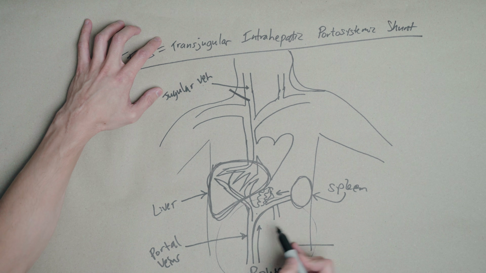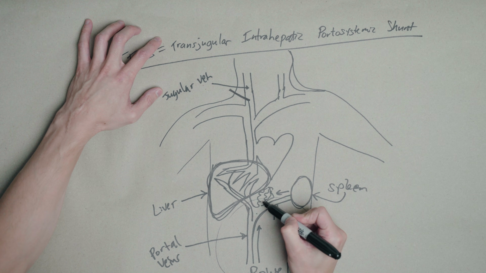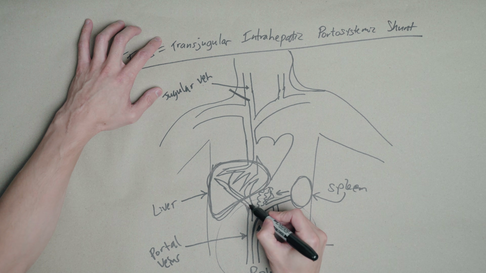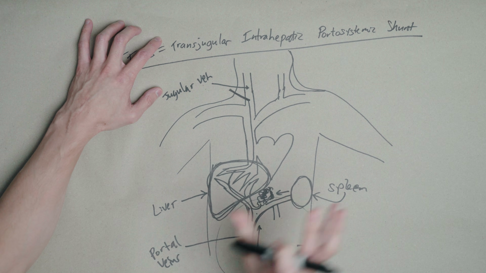Once we get our wire down, we'll then inject some contrast and we'll see that there's probably going to be some varices here or dilated varicose veins, and those can actually cause bleeding complications. So what we'll do is we'll actually use a catheter to select into those and we'll coil them off with some metallic coils that will block off the blood supply to them and prevent the patient from being at risk